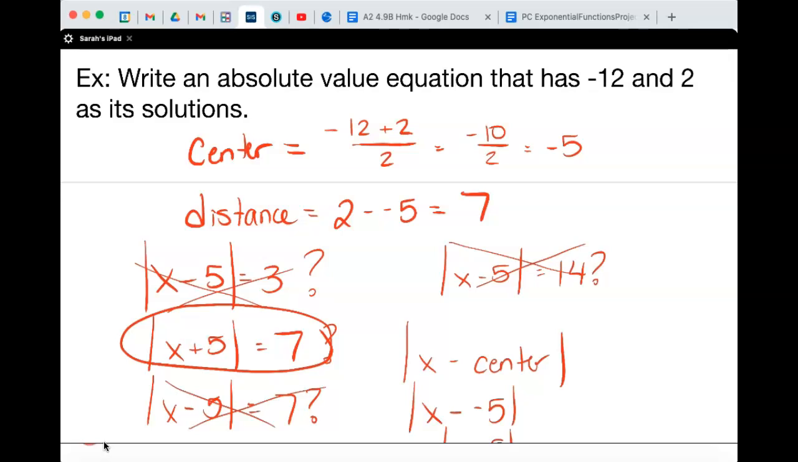So it doesn't matter that the center is negative 5, but then on the other side